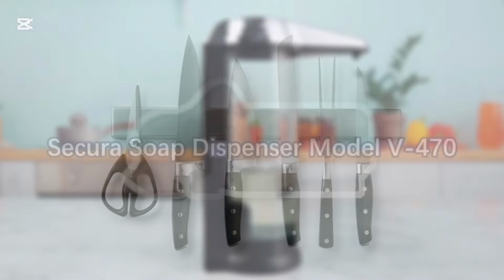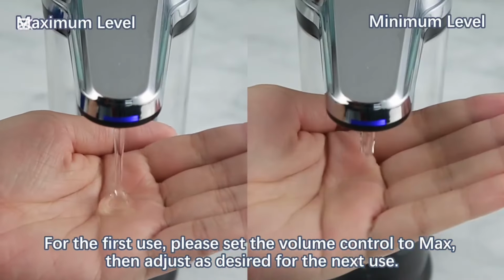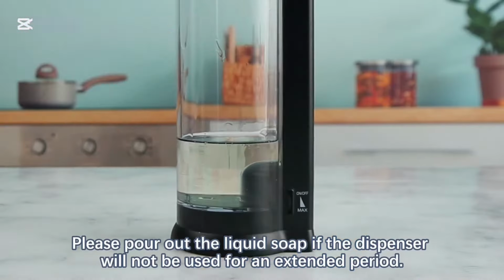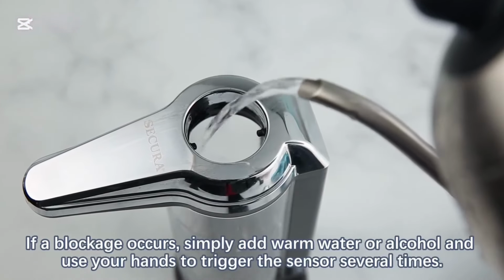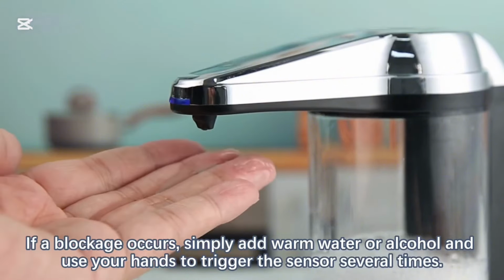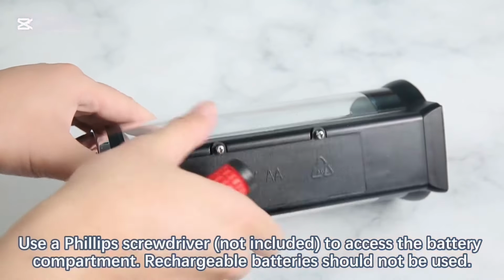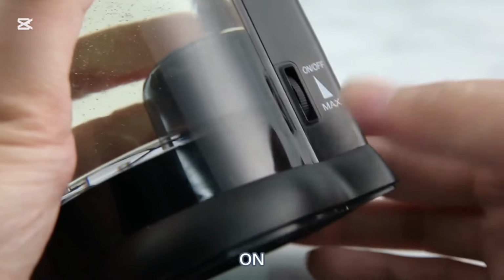to store your cutlery. This liquid soap dispenser offers a touchless, hygienic way to keep your hands clean. Featuring a built-in infrared motion sensor, it dispenses the perfect amount of soap without direct contact, reducing the spread of germs. The large 17 ounces, 500 milliliters, capacity minimizes the need for frequent refills, making it ideal for home, kitchen, or office use. Designed with an adjustable soap volume control, you can customize the amount dispensed to suit your needs. Powered by batteries, this soap dispenser is convenient and easy to install, offering a mess-free, efficient, and reliable hand-washing